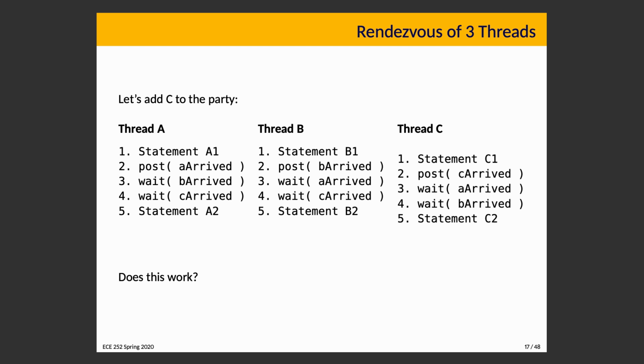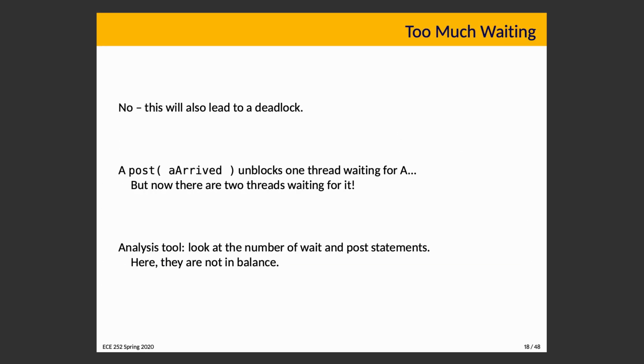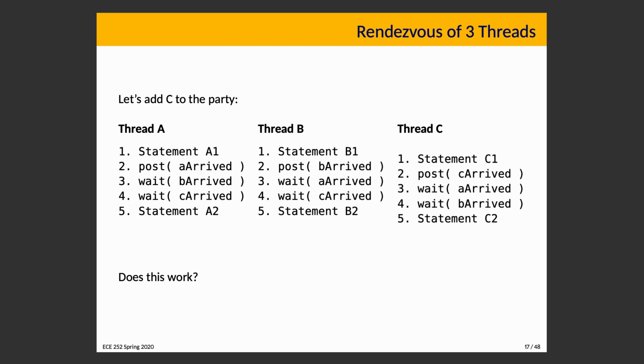Well, the answer to this one is no. This will also lead to a deadlock. A call like post A arrived unblocks one of the threads that is waiting for A, but now there's 2 threads that are waiting for it. So when we have your statement A1, for example, it calls post A arrived, and then wait on B arrived,